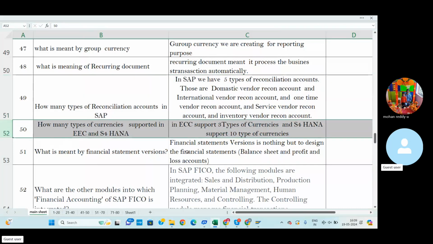How many types of currencies are supported in SAP ECC and S/4HANA? ECC is the old version, and S/4HANA is the latest version. In SAP ECC, almost three types of currencies are supported, and in S/4HANA, 10 types of currencies are supported. So it means